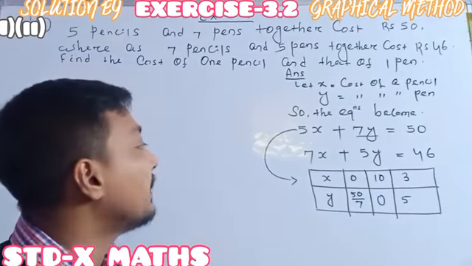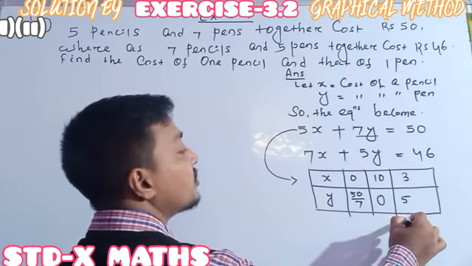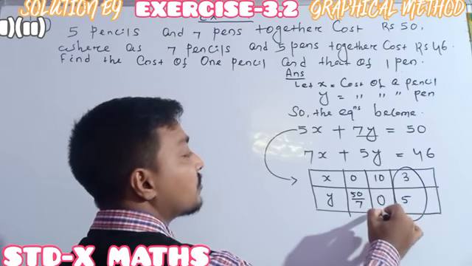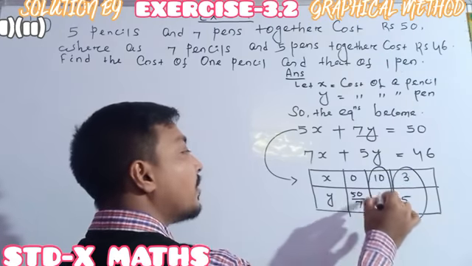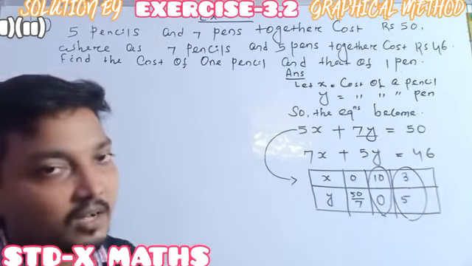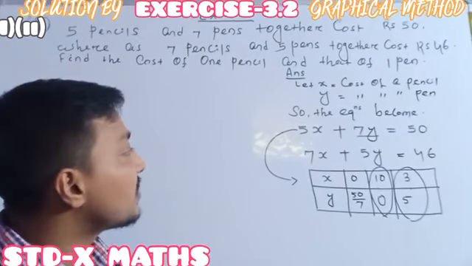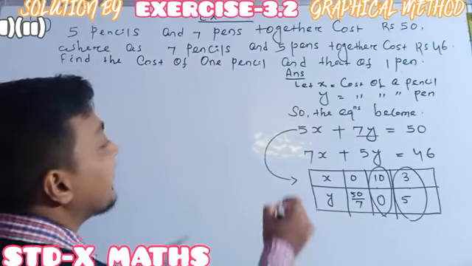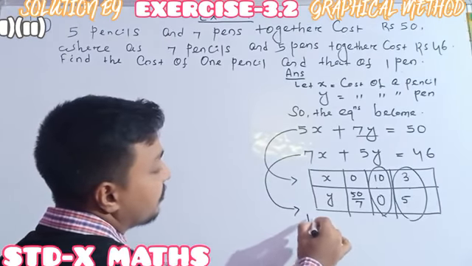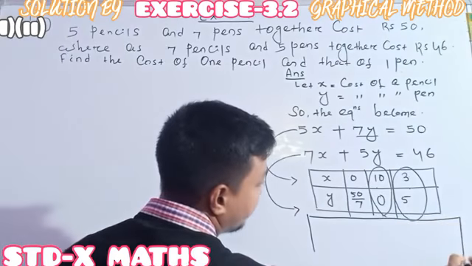Ready? So here is one solution I got where both numbers are whole. Here also both numbers are whole. So these are sufficient to draw the graphical representation of both. Understood? Just like we have done this one, the second one we also have to do in the same way.